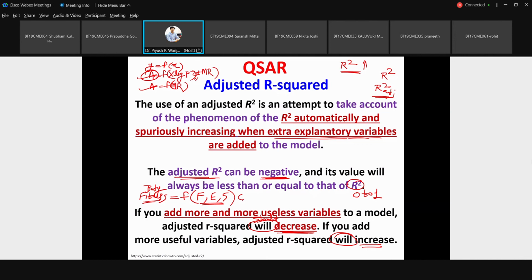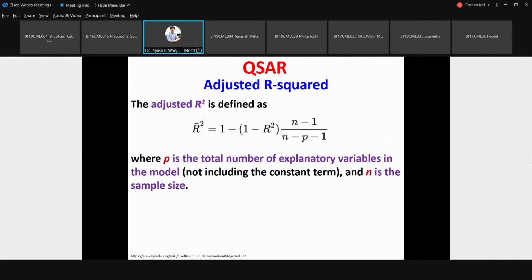So if more and more useful variables are in your model, your R square value should be increasing. If in the same model you add some unnecessary or less important factors, your adjusted R square value should decrease. You should see this by developing the model, and you'll come to know which descriptors are more important.